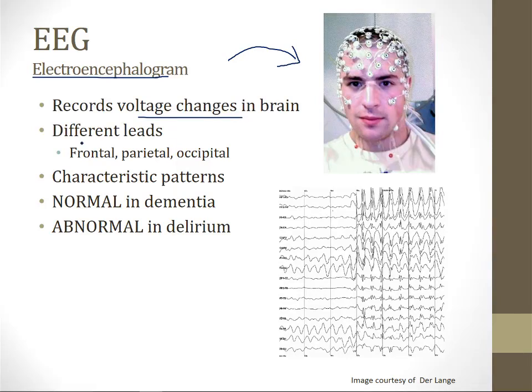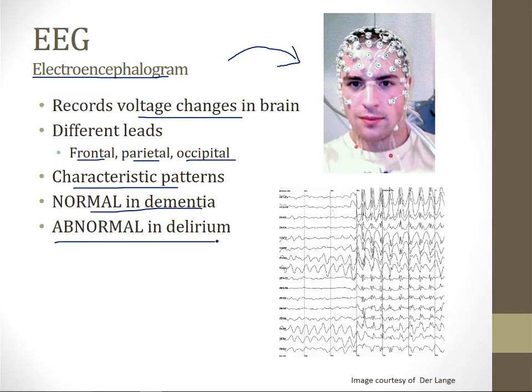And there are different leads that examine the electrical activity in the frontal lobe, parietal lobe, or occipital lobe. And there are characteristic patterns that can be seen in various neurologic disorders. But one thing you should be aware of is that the EEG is normal in a patient with dementia and